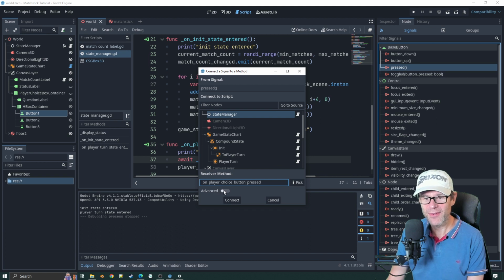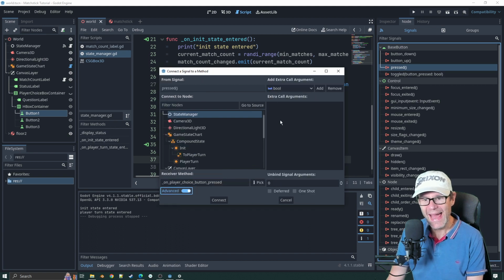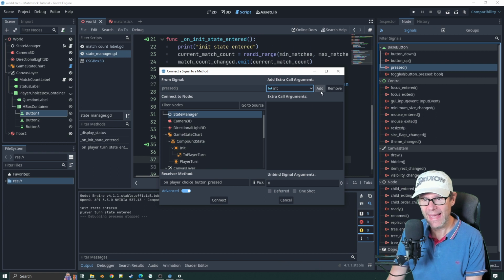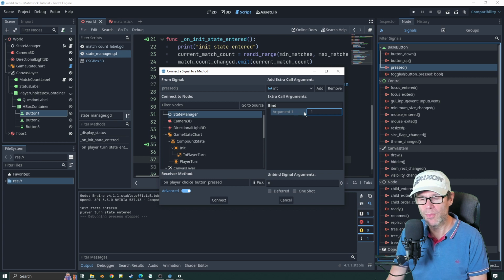We can do better. If we click on advanced, we can add extra arguments here, and we want to add an int here. There's all sorts of different things you can add, but we're just adding a simple old int. We'll add that in with a value of 1, because this is the 1 button. So we've got on player choice button pressed, and it's going to send 1 value. So if we click on connect here,